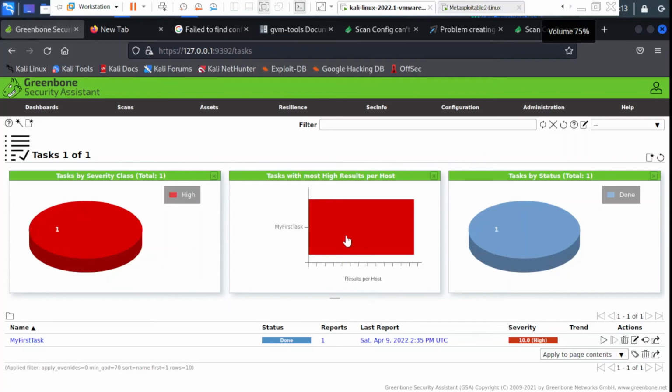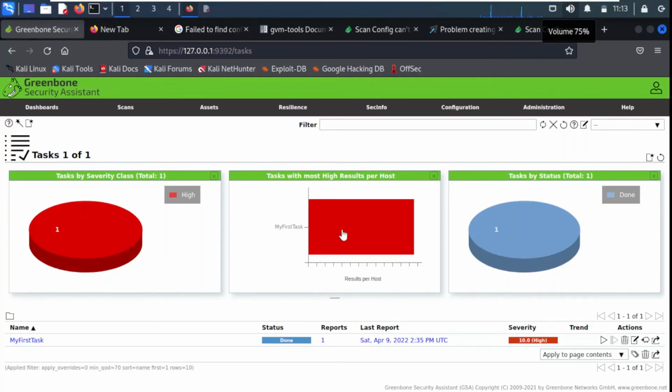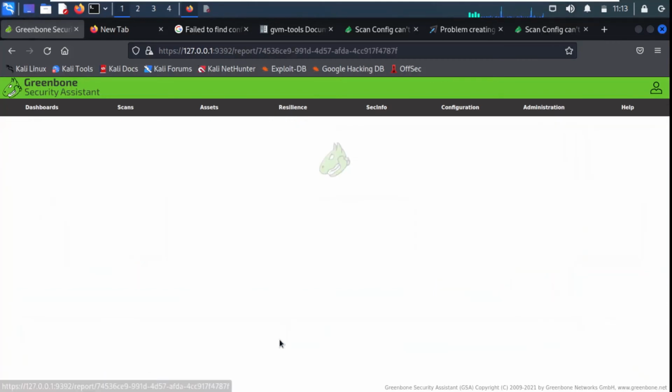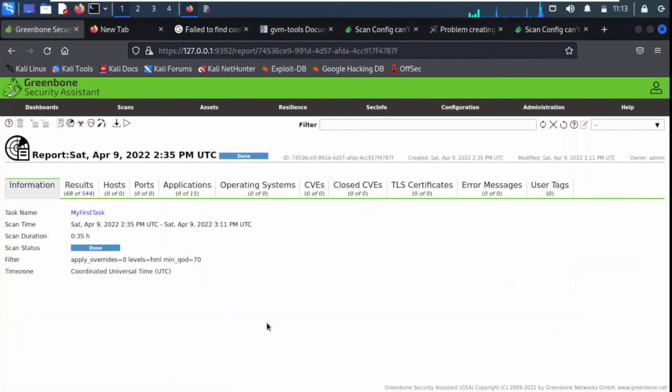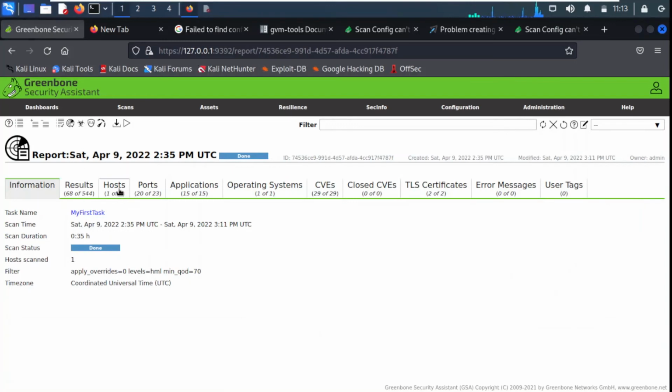Okay, so this is the really vulnerable machine, and this is the status. If you want to see the reports, for example, if this is done, then we can just click there, and double click. This is the report where you can have further information about that report. And here you can see the information that on this specific day this took a